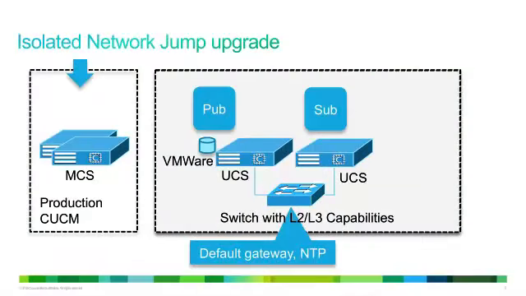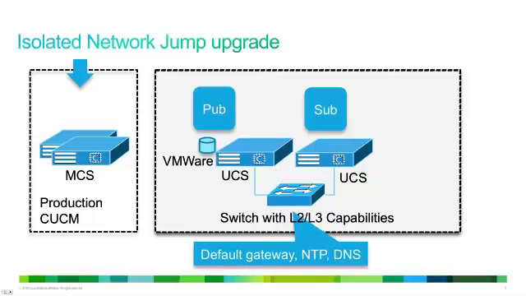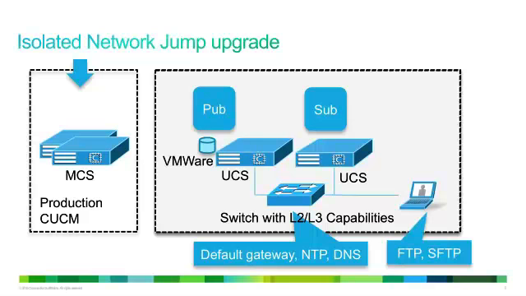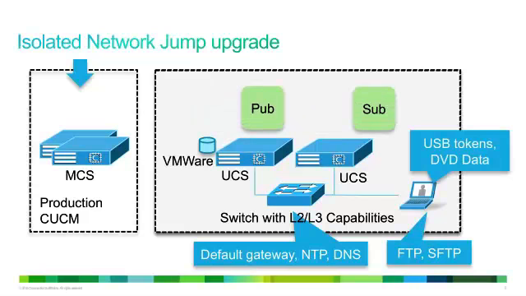So the jump upgrade procedure comes along with the release 9.12. When 9.12 is released somewhere around the end of this month, you should be able to use the jump upgrade. One of the advantages of jump upgrade is that you don't have to actually touch the production environment. You're completely building a parallel network, which is an isolated network,